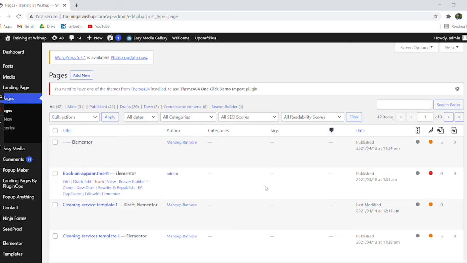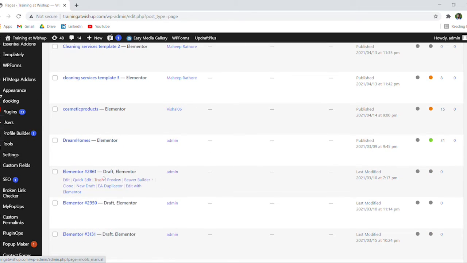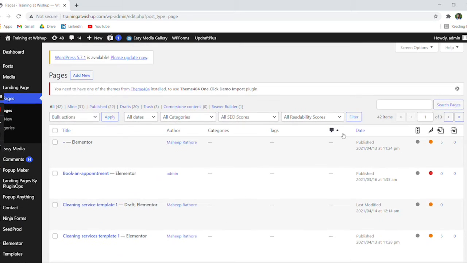However, for this example, we are going to make changes and publish a post on our Training at Bishop page itself, which is already created for us. In the pages dashboard, you can see the author, the date which was published in, and some other categories which serve the purpose of going through the details of the particular page.